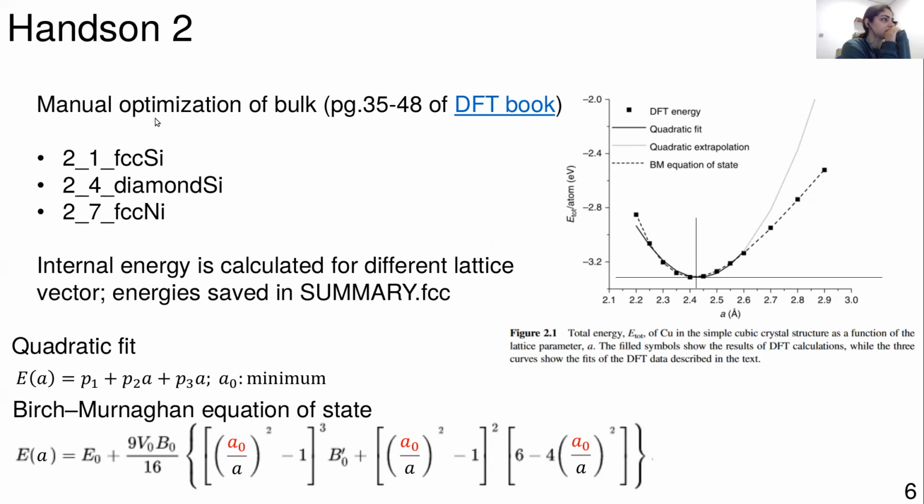So what does it mean to optimize it manually? You need to change the lattice vector manually. Basically, instead of making just one DFT calculation, you make 10 or 20. It's very well explained in the DFT book, the one that I showed the first day on this page, so have a look here because the procedure is very well explained. What you do is you get different energies per atom versus the lattice vector that you are setting. And by taking the minimum, you can estimate what the lattice vector is, okay?